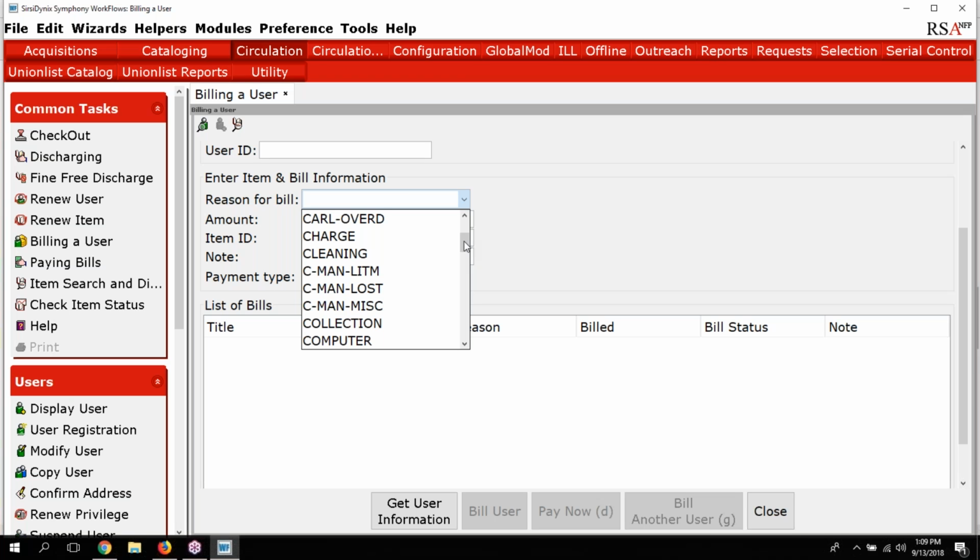Items sent through ILL with no item ID. This was something that's been brought up a couple of times by staff at libraries, who have contacted us here at RSA. Typically this happens when you have an item that is in some kind of a case, a DVD or CD, that the library doesn't want to go through delivery. They're concerned about damage to the case. So they take that CD out of the actual case and put it in a small plastic CD case to ship off to another library. Unfortunately, their item ID is on the case, so it arrives at that library for a patron who has requested it,